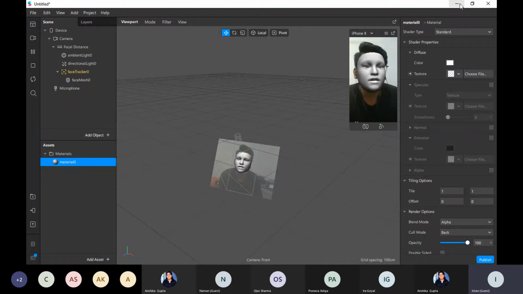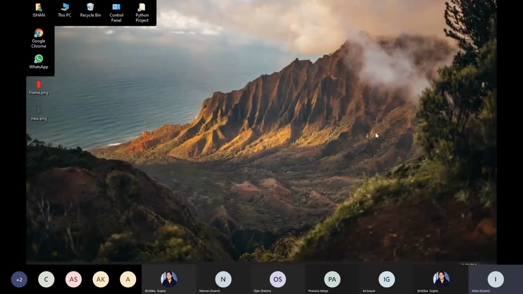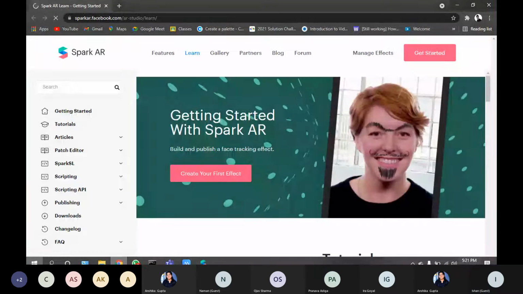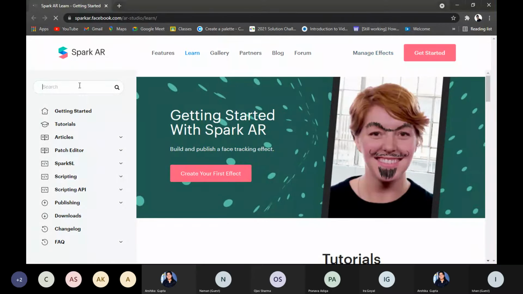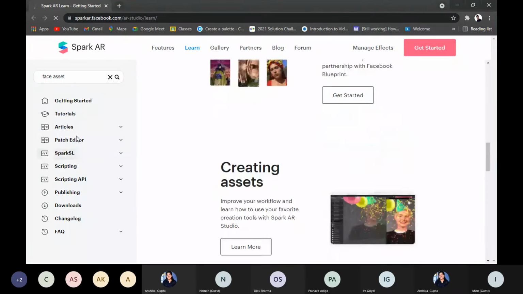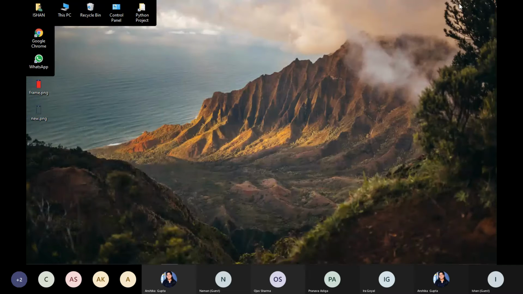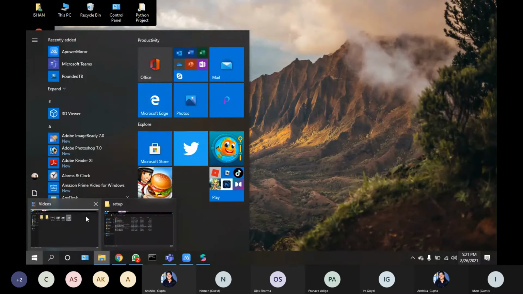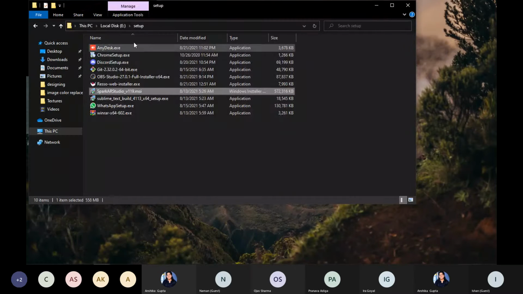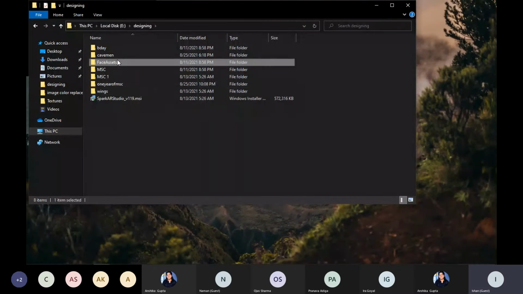It provides you some different images on which you can draw and use it in your filter. I have already downloaded some of the face assets.